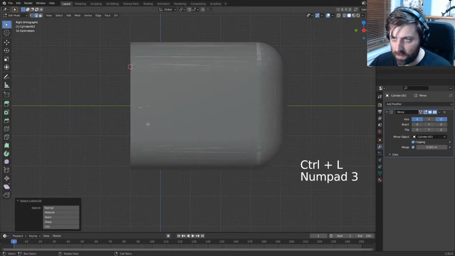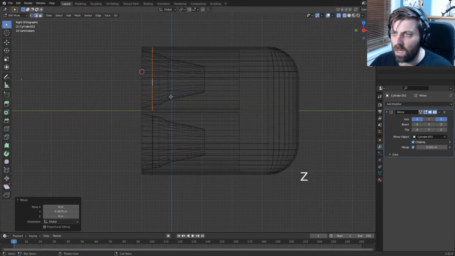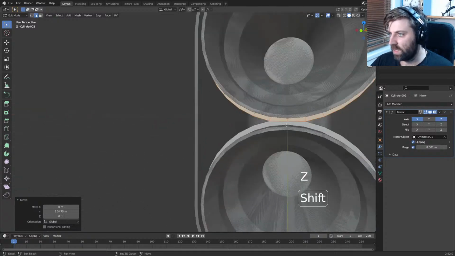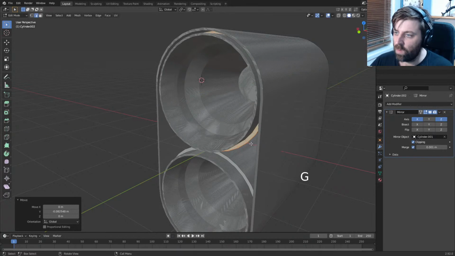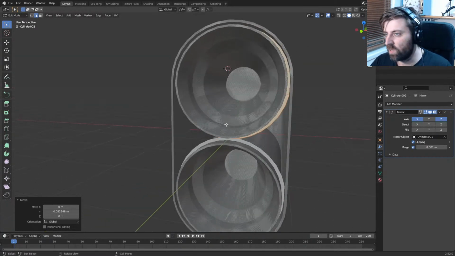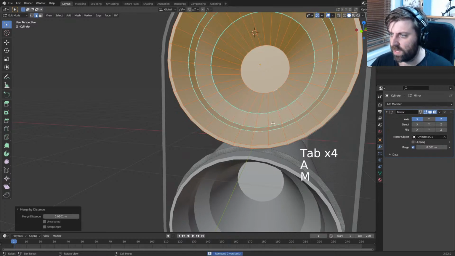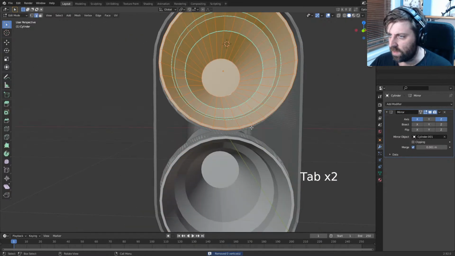From here, what we're going to do is bring it back. Probably to about there. I think that's a pretty good distance in there. Maybe we could even, actually no, we'll probably keep it a little bit deeper, and then we might just throw on some greebles. Why is this looking yuck? Let me just go merge by distance, make sure there are no duplicate vertices. Beautiful. All right, so from here,